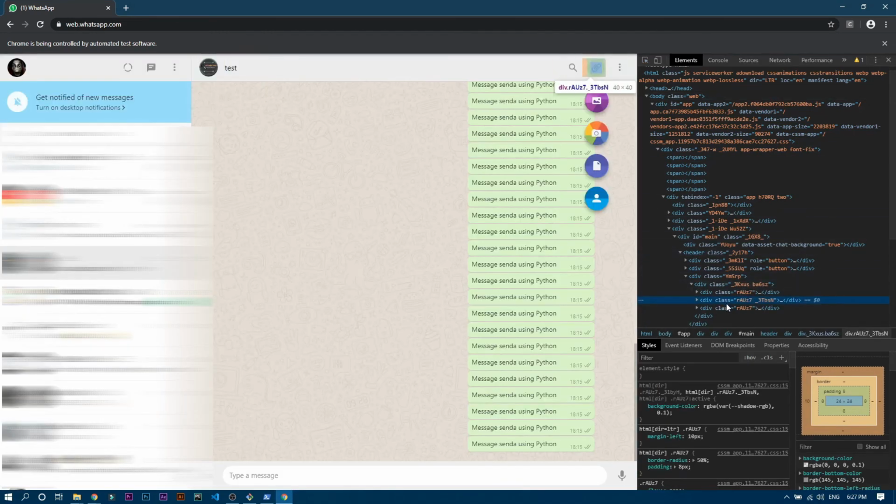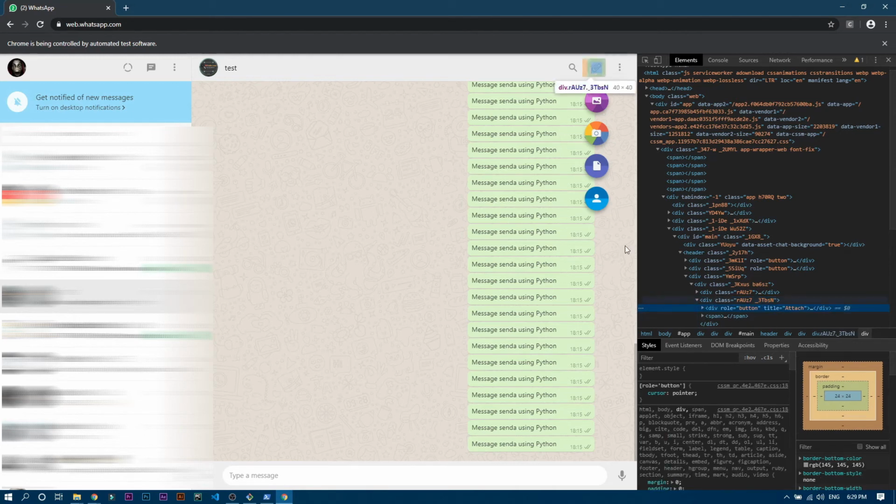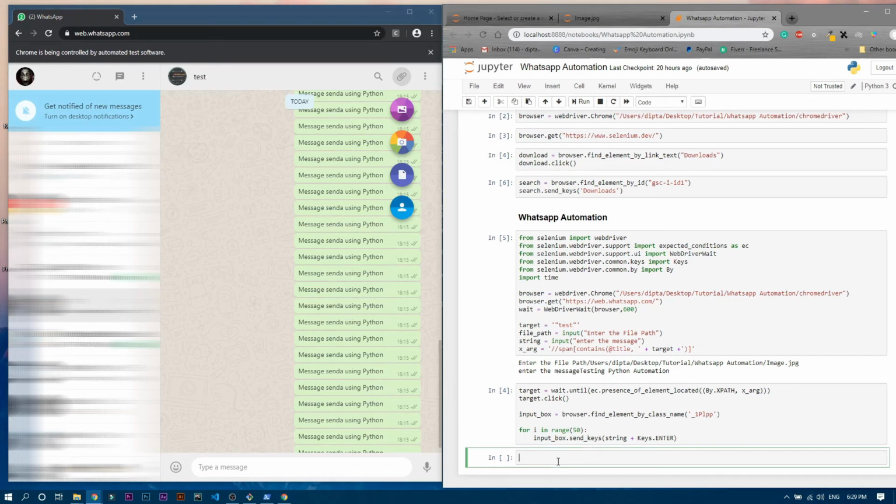Yeah, so it is actually under this div class. Okay, it has a class name and it is under the div tag. And inside this div tag we have another div tag, and it has a title attach. So let me click on it, and you can see it is actually that attachment section, right? So we have to click on this attachment section. So let me minimize that screen and let's write over here attachment section.